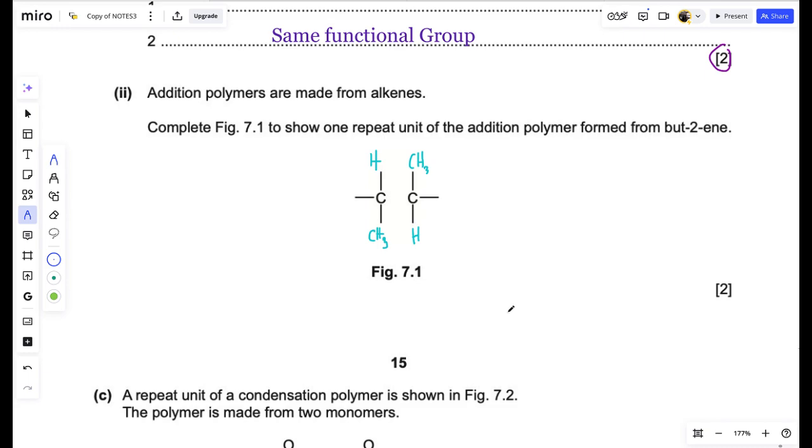Now, addition polymers are made from alkenes. Yes, alkenes polymerize, add to themselves to form polymers. Monomers of ethene add to themselves to form this. Now, figure 7.1: complete figure 7.1 to show one repeat unit of the addition polymer formed from but-2-ene. From but-2-ene. But-2-ene means you have at least